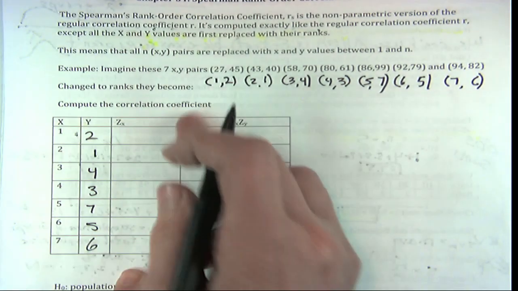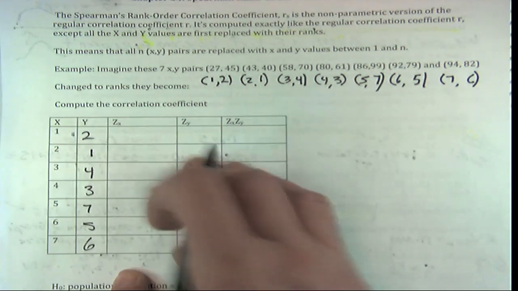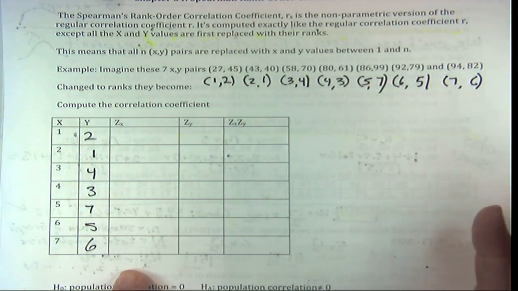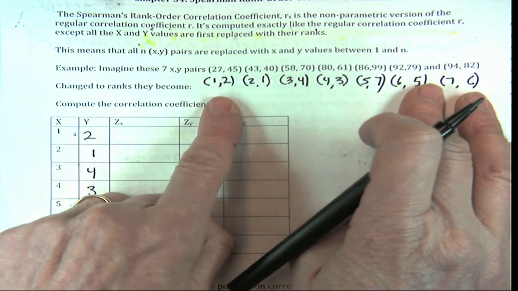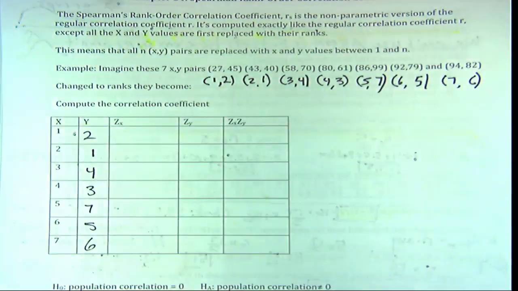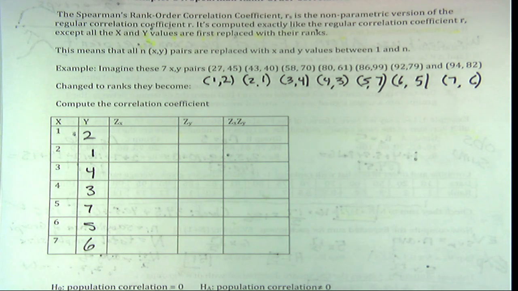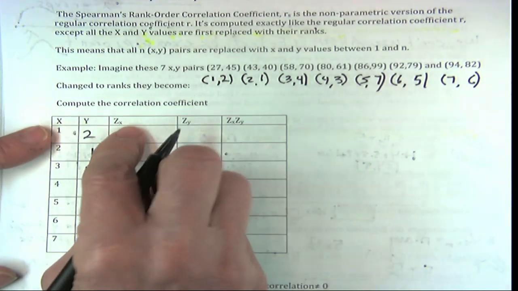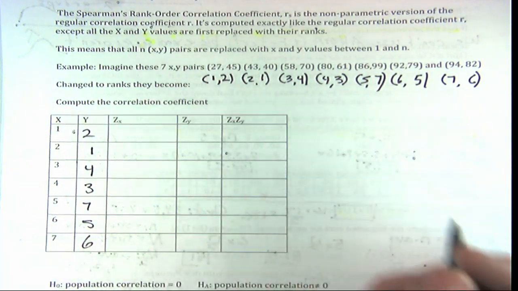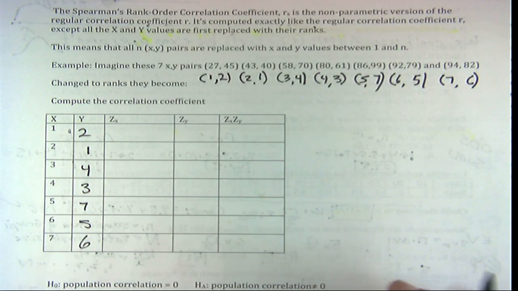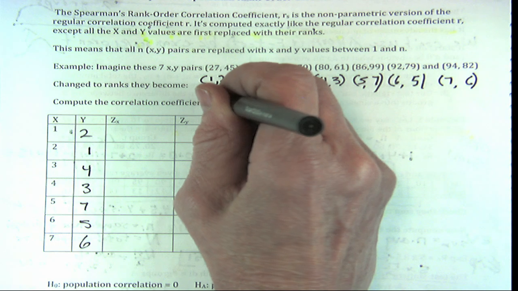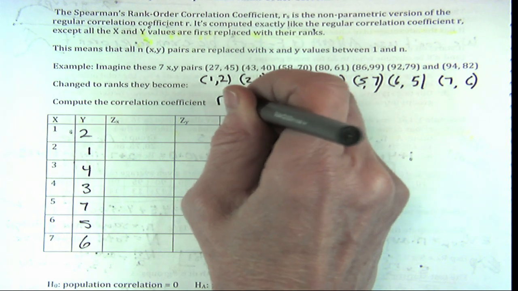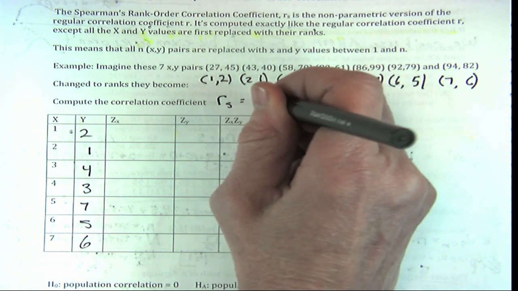If you want to compute the correlation coefficient from scratch, we can do that. Once we get them in these ranks, we do the correlation coefficient the way we always do. We might as well do it. It's pretty easy here. We just convert to z-scores. Remember the correlation coefficient. So what are we going to say? The correlation coefficient R is going to be